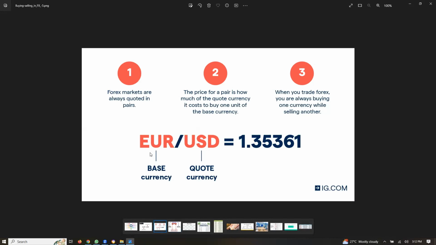For instance, if we take Euro/USD, which is equal to 1.35361. If we are going to bet our money on Euro, and we believe that Euro is going to gain value or appreciate, to rise or strengthen against dollar, it means we expect the current exchange rate of Euro/USD, which is 1.35361, to rise more than the current figure. So if we put buys on euro and the exchange rate actually increases to maybe, for instance, 1.3538.